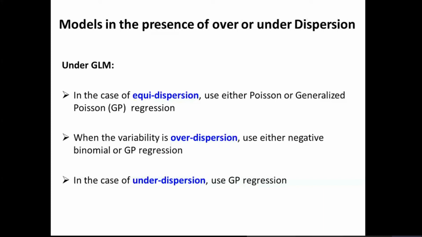One, in the case of equi-dispersion, use either Poisson or generalized Poisson regression. Equi-dispersion ከሆነ Poisson መጠቀም ትችላለህ, or it doesn't matter whether you use generalized Poisson or not. When the variability is over-dispersed, use either negative binomial or generalized Poisson regression. Okay? Negative binomial መጠቀም ትችላለህ or generalized Poisson መጠቀም ትችላለህ። አንደር ዲስፐርሽን ከሆነ ግን ጀነራላይዝድ ፖይሶን፣ ምክንያቱም ኔጌቲቭ ባይኖሚያል ለኦቨር